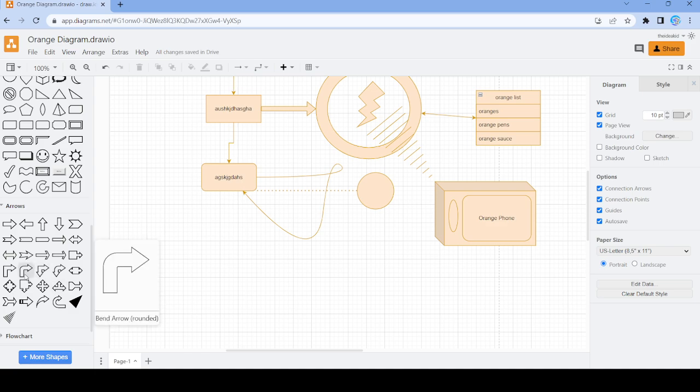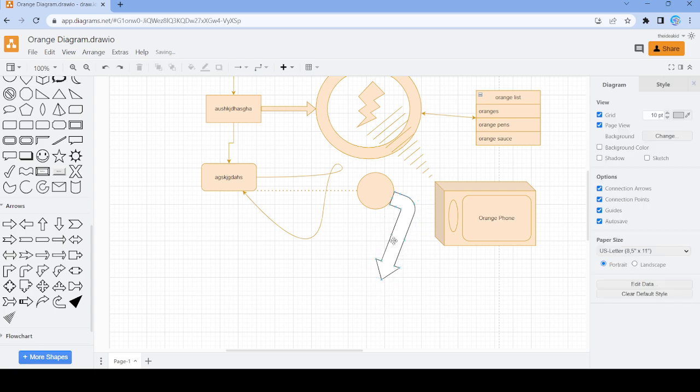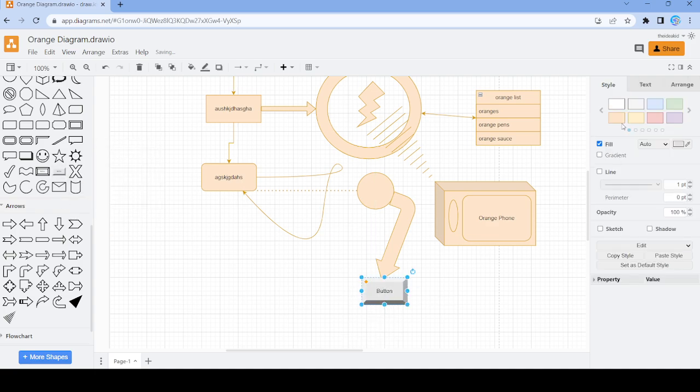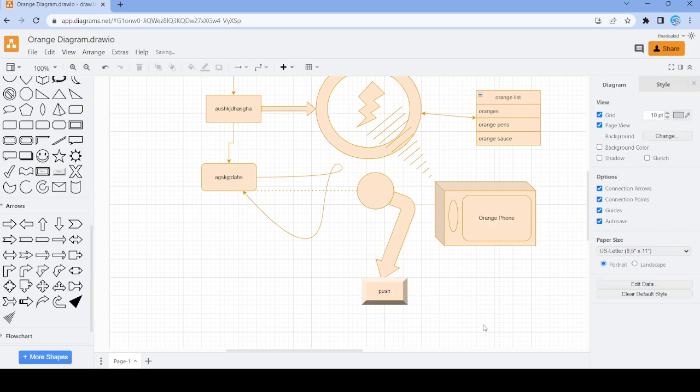And obviously, up next we need another arrow. It's going to go right. Let's actually rotate it. Actually, yeah. There we go. So we got an orange arrow. And this goes to a button. And it's going to be orange. It's going to go push. And this button is going to